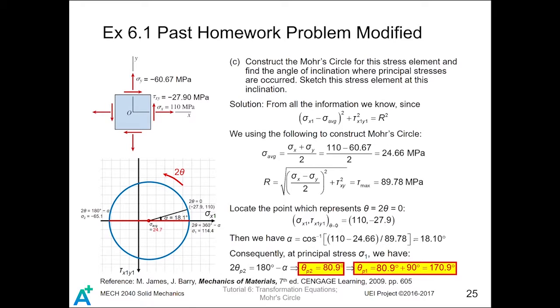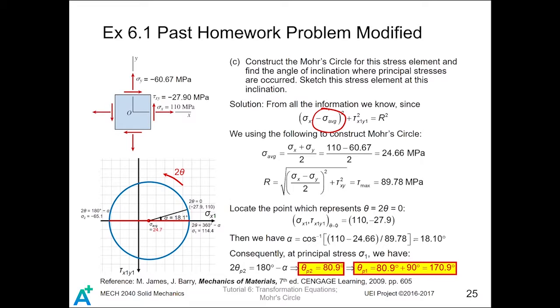So as we discussed previously, the equation for Mohr's circle is given by (sigma x1 minus sigma average) squared plus tau x1y1 squared equals r squared. To do this, first we find sigma average, the average direct stress. Well, it is easy to find. You know what sigma x is, you know what sigma y is. Then, by using sigma x plus sigma y divided by 2, you can find the average direct stress is given by 24.66 milliPascal. Also, by using the equation of r, the radius of the Mohr circle is found to be